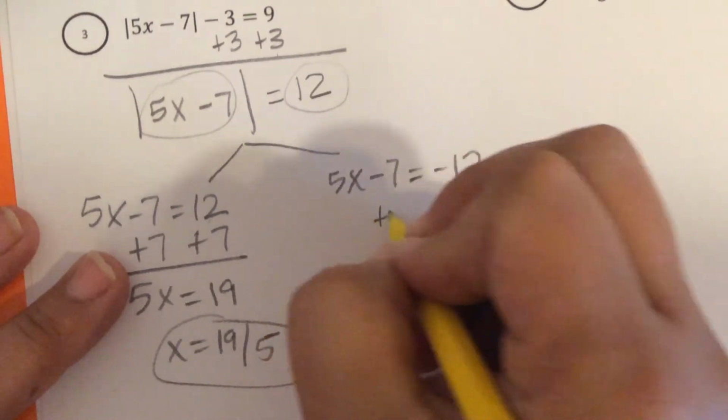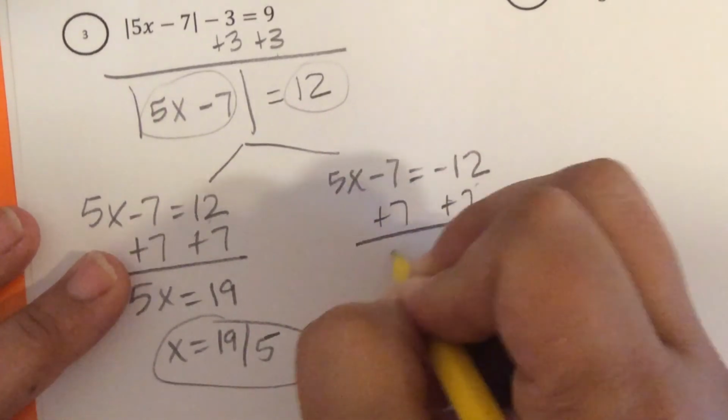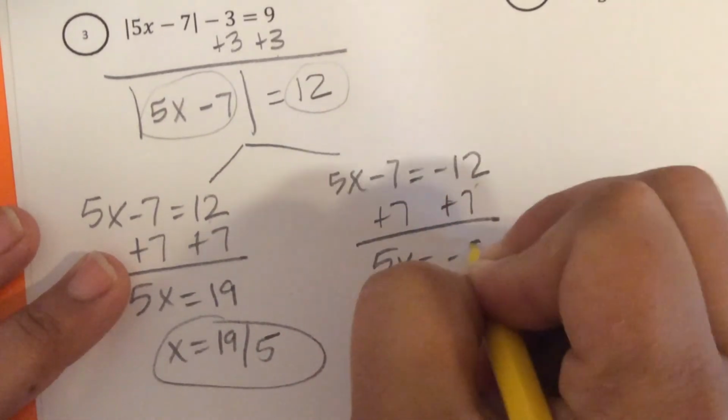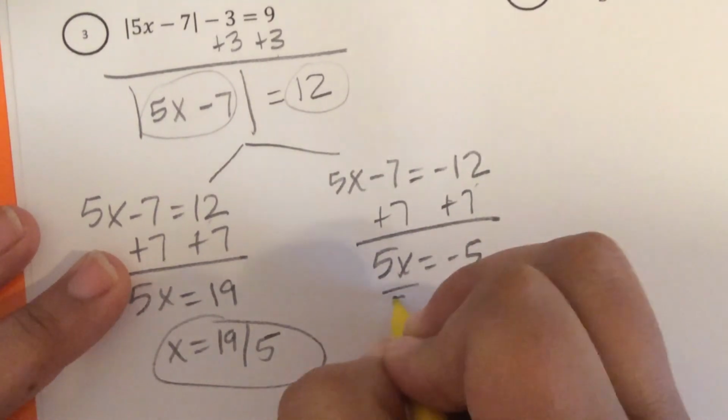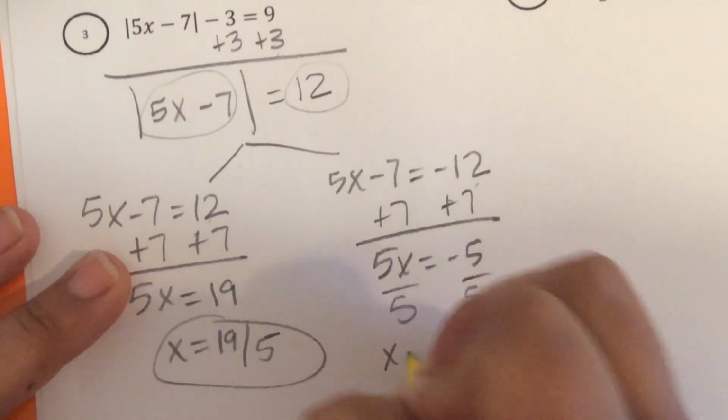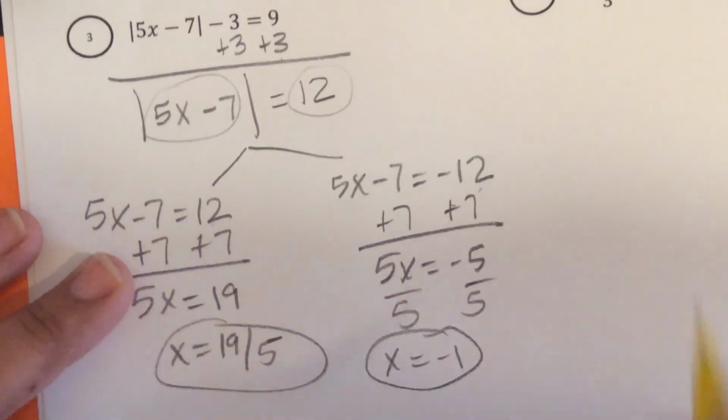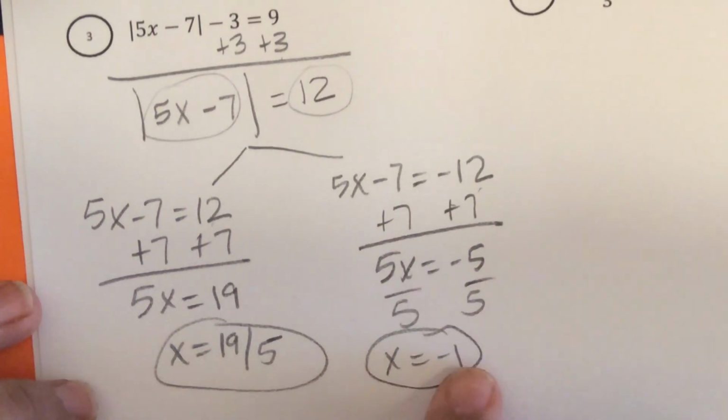You're going to add a 7 here. You're going to get 5x is equal to negative 5. Divide by 5 on both sides. x is equal to negative 1. So you have two answers. If you only get one answer, then it's